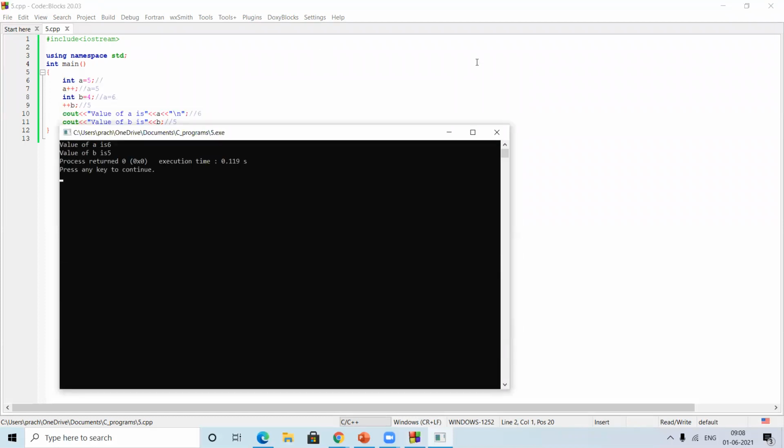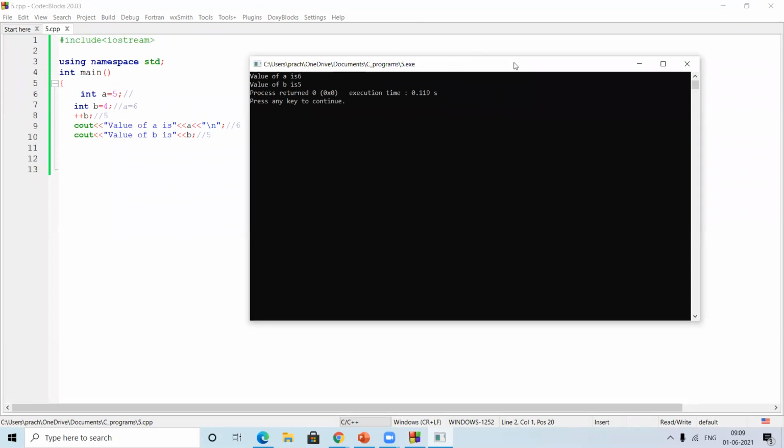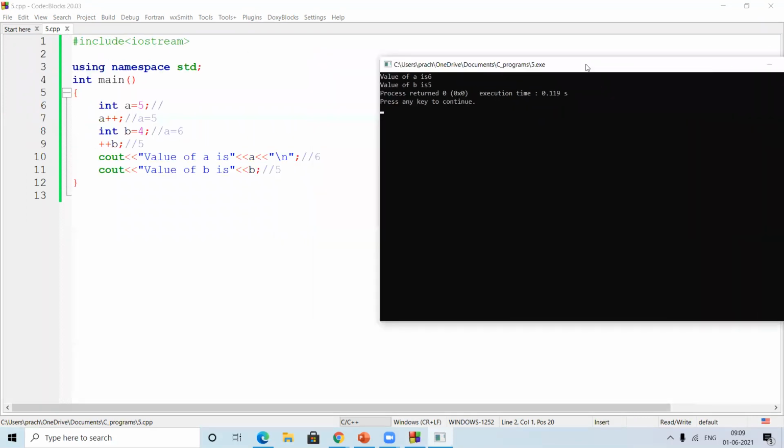So I hope you can see over here. Is it visible? The first is 6 and another is 5.